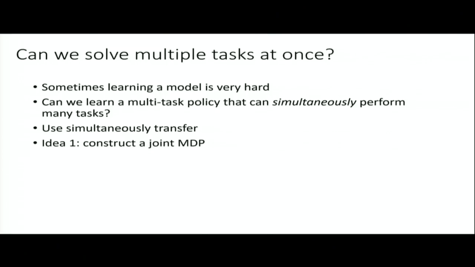Now, one very naive way that actually works reasonably well in simple settings is to construct a joint MDP. So what that means is we say, okay, we have n tasks. Each of the tasks corresponds to a different MDP. And we'll actually bake those n tasks into a single MDP using a very simple scheme. We'll just say that